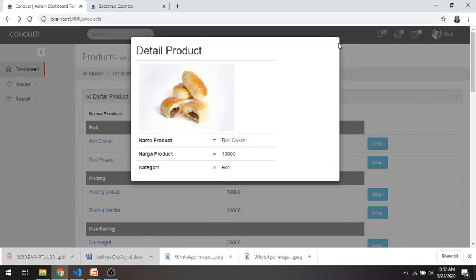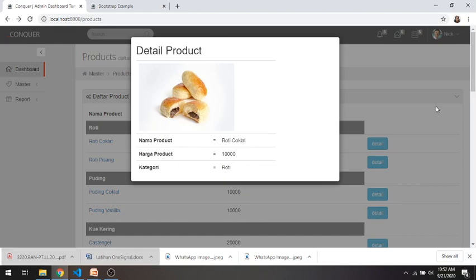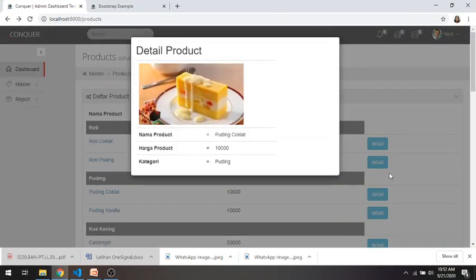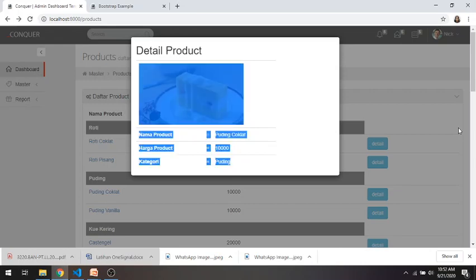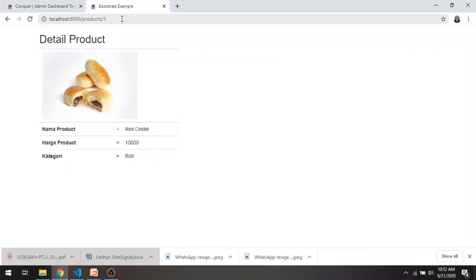Oh, maybe we also have to make a close button here. In our external there is no close button, so maybe we have to modify it. We have to modify it with a close button here in our product detail also.